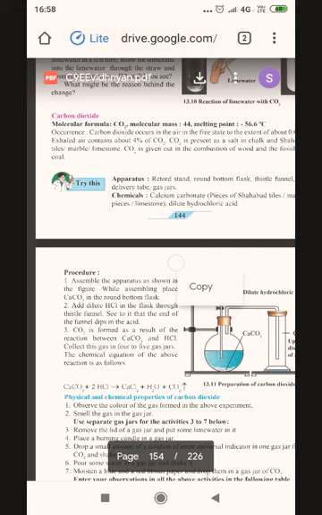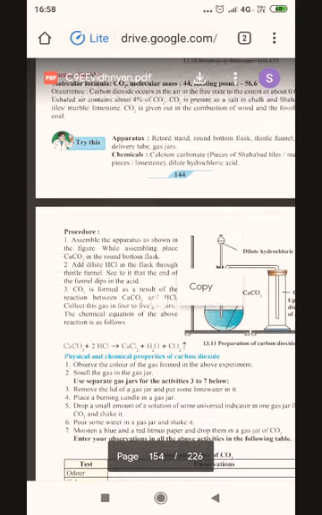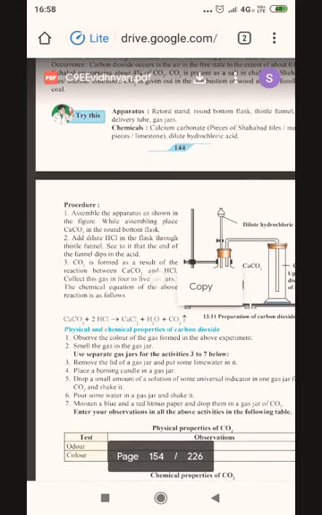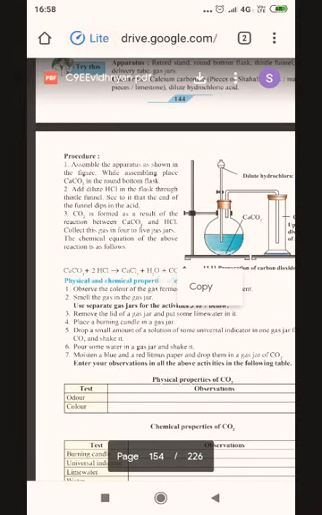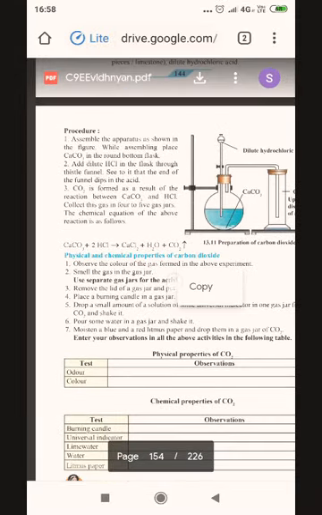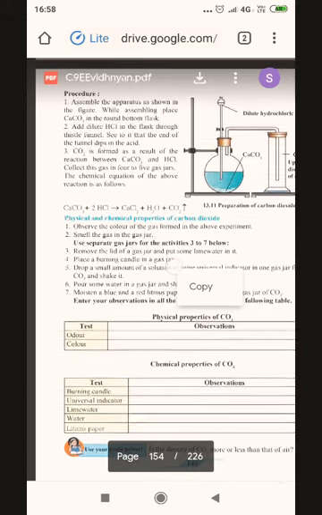CO2 is present as a salt in chalk, Shahabadi tiles, marbles, and limestone. Carbon dioxide gas is given out in the combustion of wood and the fossil fuel coal. Again, some part of this is being eliminated this year. So directly we'll move to